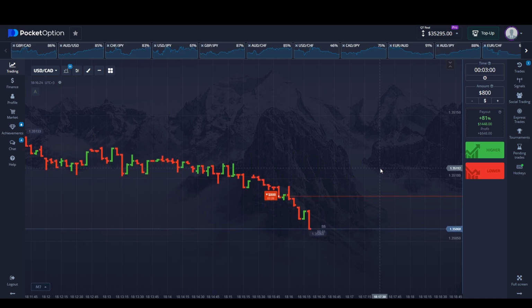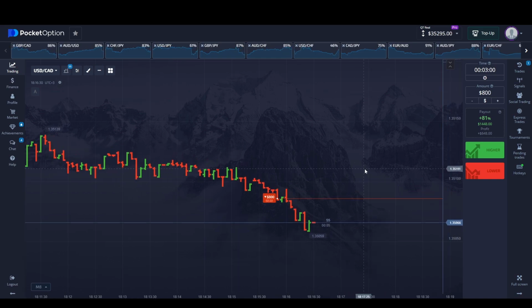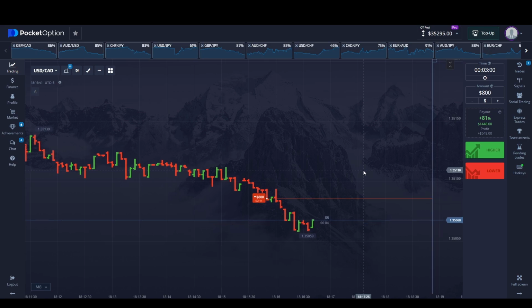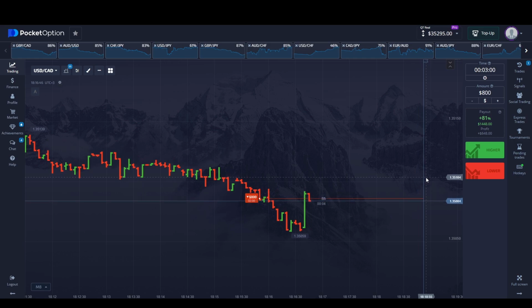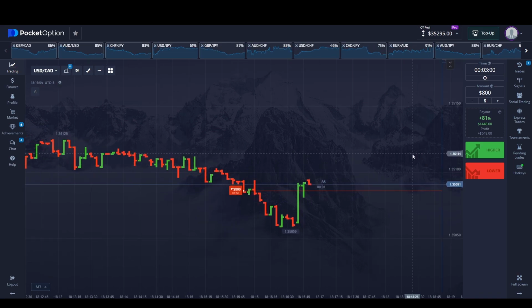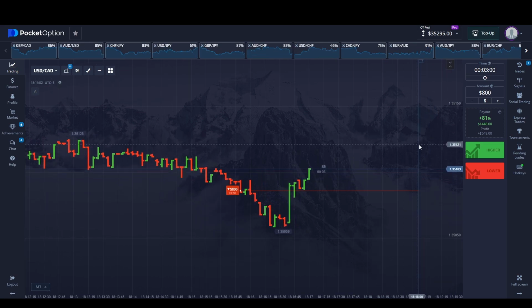And while the first trade is in progress, let me tell you about what the straddle strategy is and in which market situations its use would be most appropriate. The straddle strategy is one of the fundamental trading strategies and is based on the assumption that the market can sharply change its volatility at a certain moment in time. The essence of the strategy lies in simultaneously buying call and put options with the same investment size and the same expiration time. This creates a straddle position where the trader bets on the future sharp movement of the price,